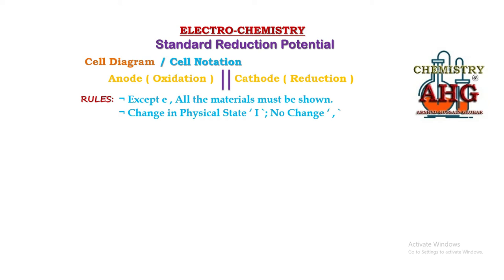And the last rule that you must remember: as you know, many half cells that we study in electrochemistry contain a standard electrode, platinum. Whenever and wherever platinum is present, it must be shown in the cell diagram. If platinum is used in an anodic half cell, platinum is shown before the anode, and if platinum is present in the cathodic half cell, it is shown after the cathode. How is that? I will show you.